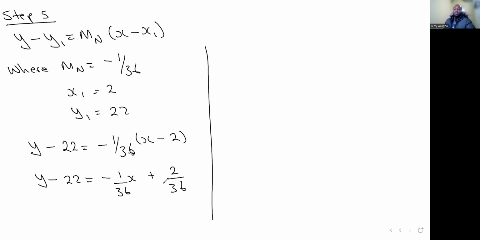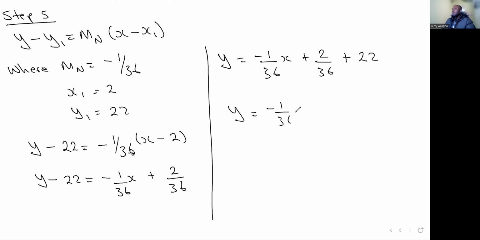So if you've not reviewed my video on line equations, I gave you different types of equation of a line. But in this example, I want to leave it in the slope-intercept form. So it's going to give us y will be equal to minus 1 over 36 x plus 2 over 36 plus, well, we take minus 22 to the other side, and it's going to give you plus 22. Then y will be equal to minus 1 over 36 x, 2 over 36 plus 22. That should give you plus